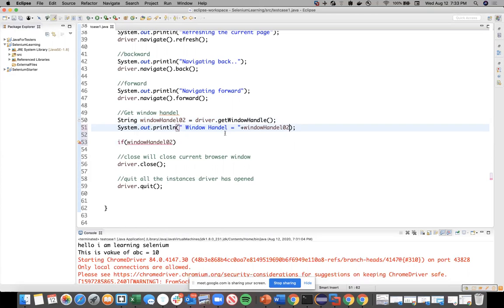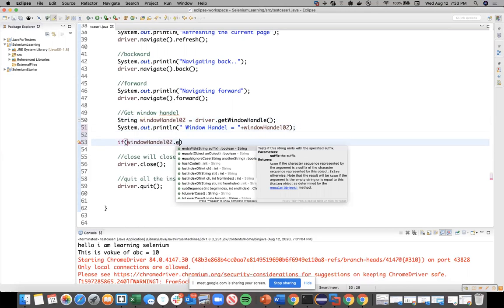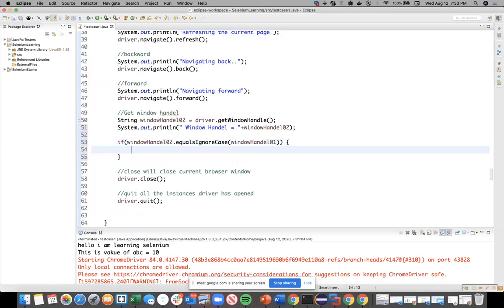So window handle 02. Now here, this is the string, so string has a method dot equals, right? It has a dot equals and equalsIgnoreCase. So let's use dot equalsIgnoreCase, and with whom are we going to compare? Window handle 01, right? And then if they are the same, I just want to print that great, both window handles are same. Else I will say, sorry, window handles are not same. Okay,